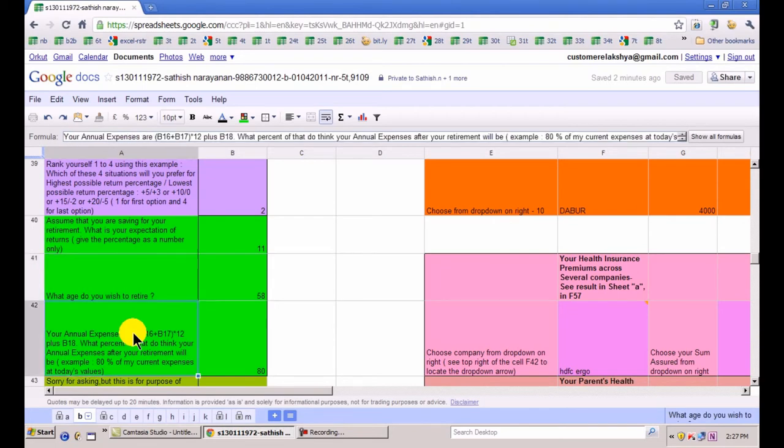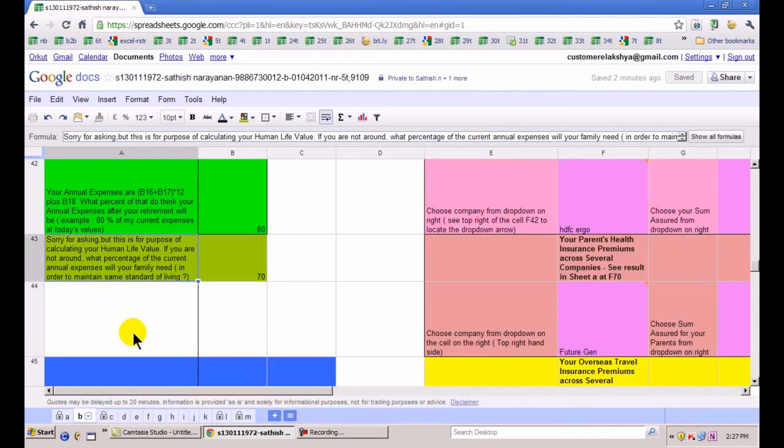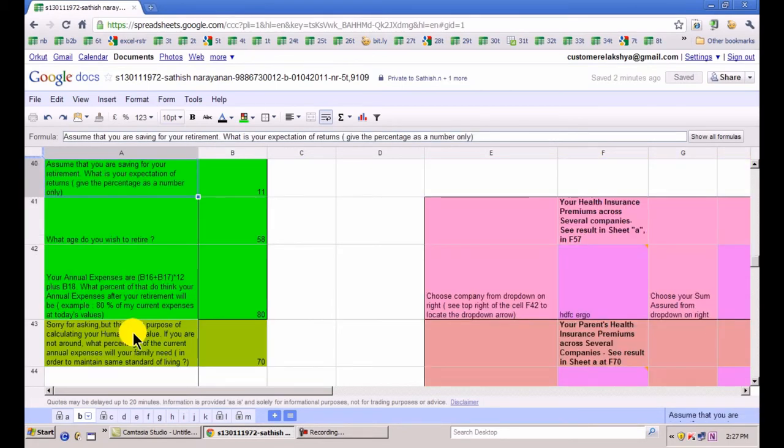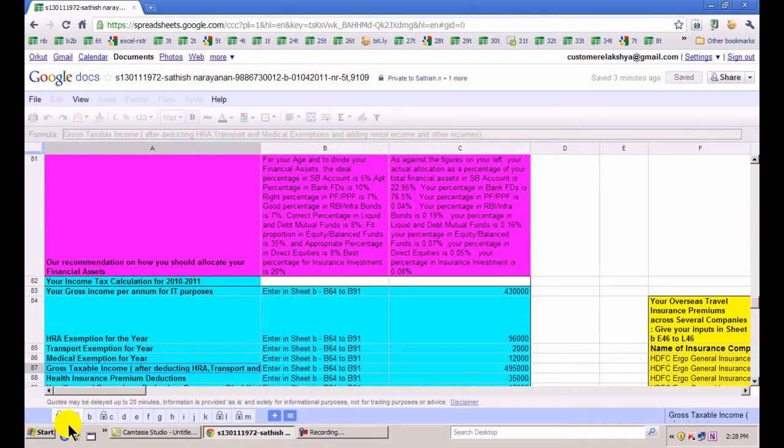It is a calculator at the end of the day. So whatever you are entering in sheet B, the 360-degree financial planner uses that to give the updated results in sheet A. The updated financial plan and the results as per your latest inputs are there in sheet A wherever they need to be. Point number 11, it's your chartered accountant.